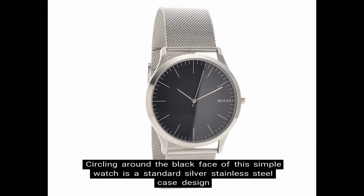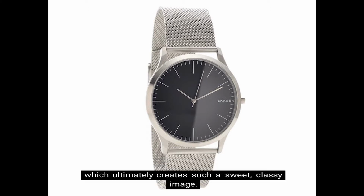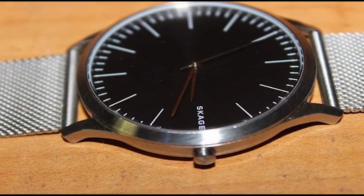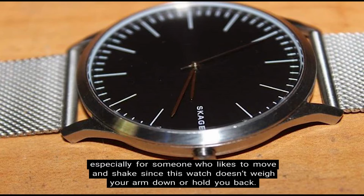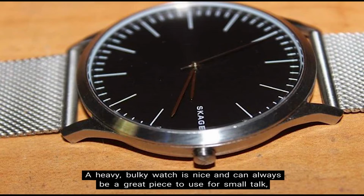Circling around the black face of this simple watch is a standard silver stainless steel case design, which ultimately creates such a sweet, classy image. And being as light as a feather, this watch is the perfect size for anyone, especially for someone who likes to move and shake, since this watch doesn't weigh your arm down or hold you back. A heavy, bulky